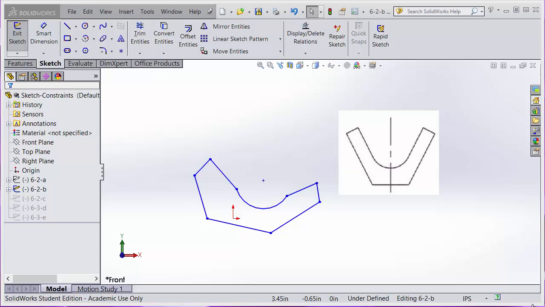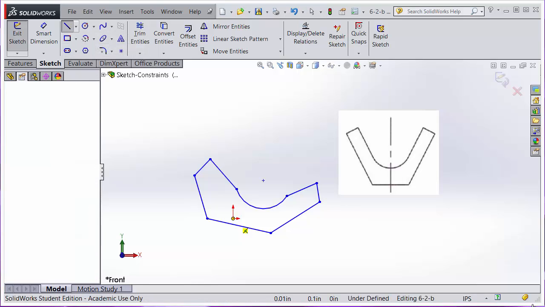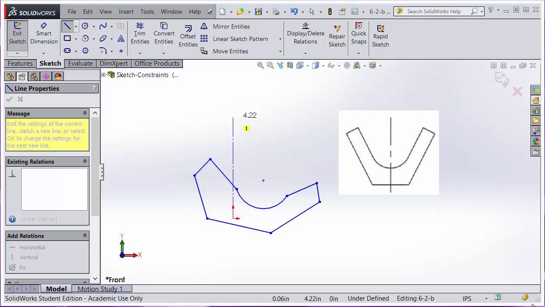We want to make this shape into this regular shape using geometric constraints. It looks like a symmetric part, so we'd like to add a center line, and I want to make the center line start from the origin point in the sketch. Draw a vertical center line,